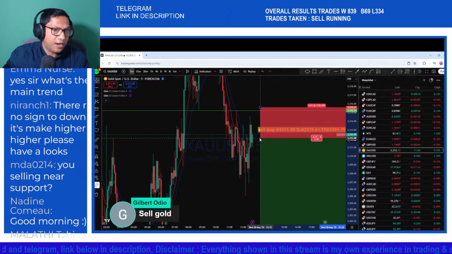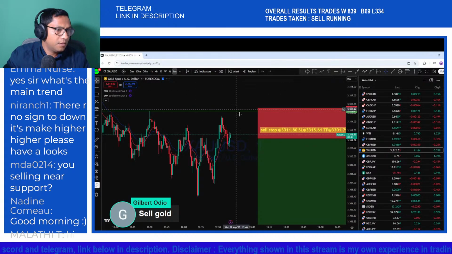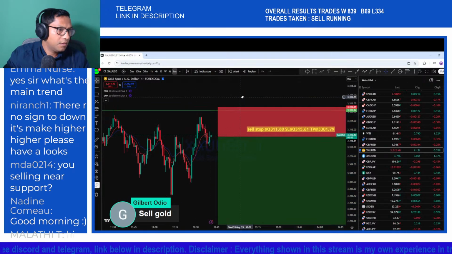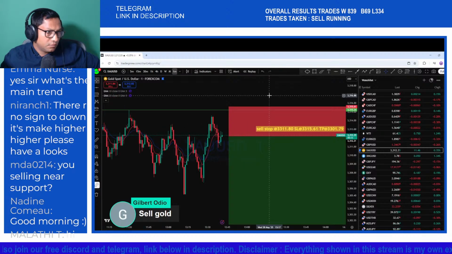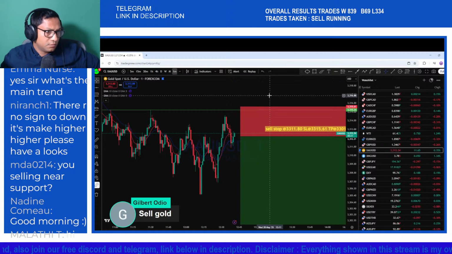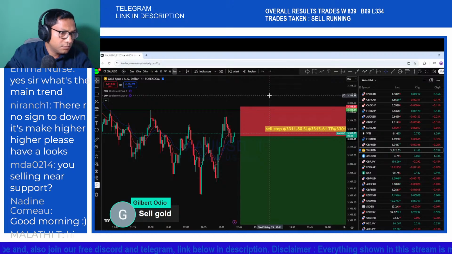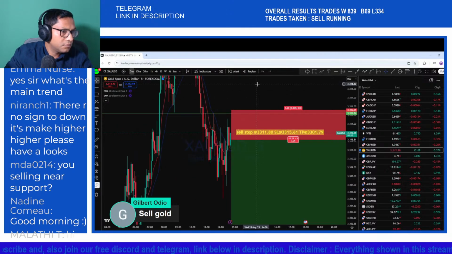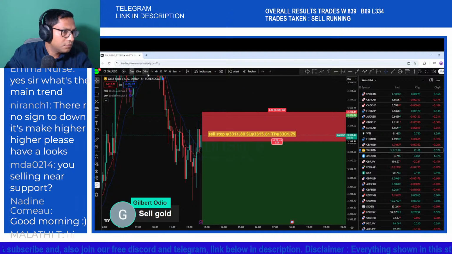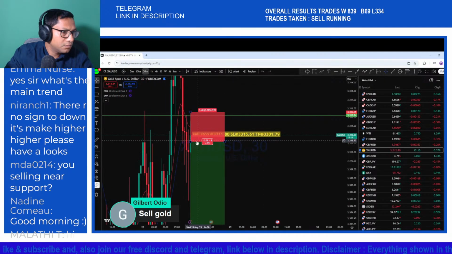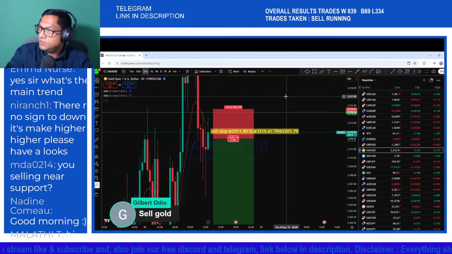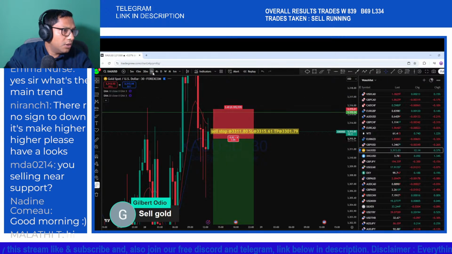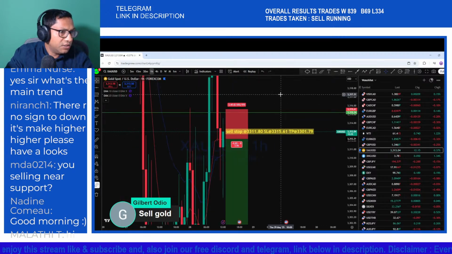Try to cross back up. It's getting some pushback. If we look at 1 hour price action,